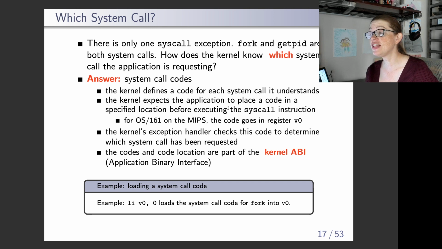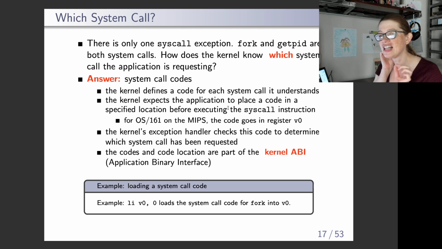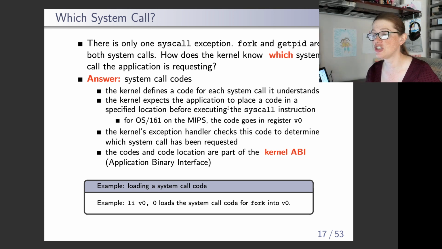So we're going to make use of these particular registers for this job. Now we're going to change things a little teeny bit here. So into register V0, we are going to put a special code that tells the kernel which task we're asking it to do. For example, if I load 0 into register V0, then I'm asking the kernel to do a